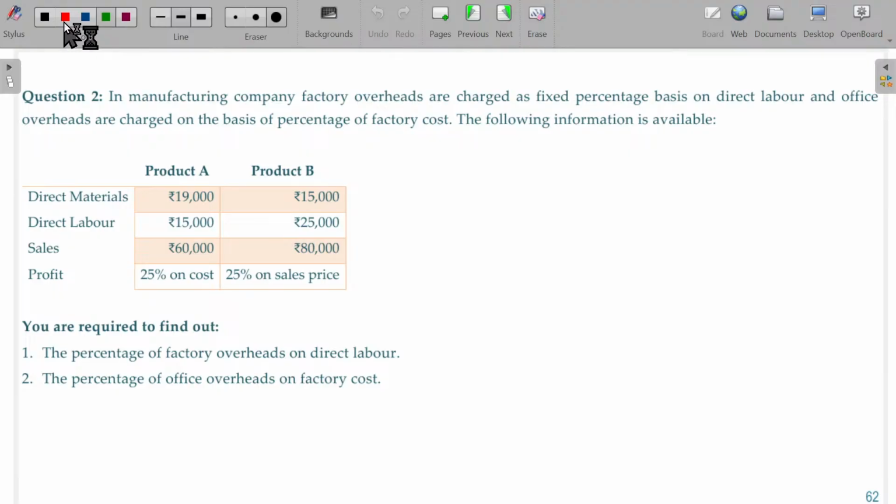As a missing data, you have to calculate a lot here. In manufacturing company, factory overheads are charged as a fixed percentage based on direct labor. So the factory overhead recovery rate